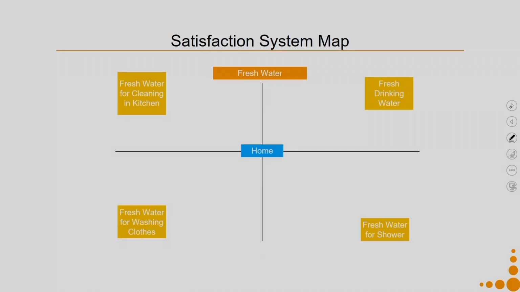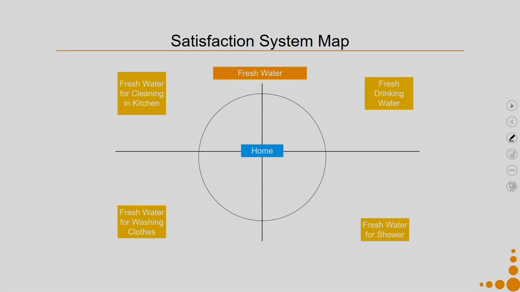So I have this purifier which can produce one quality of water meant for drinking purposes, and maybe another quality of water which is suitable for cleaning in the kitchen, for washing clothes and for taking a shower. Say, for example, there are consumers who live in places where the water is highly polluted with certain kinds of salts or chemicals, and they would also like to opt for an option in which they can clean themselves, that is, take a shower or do other kitchen activities with this fresh water. So I divided them into these subsections.